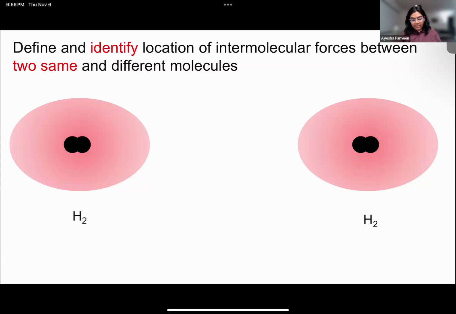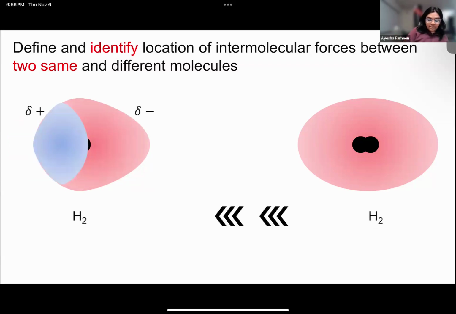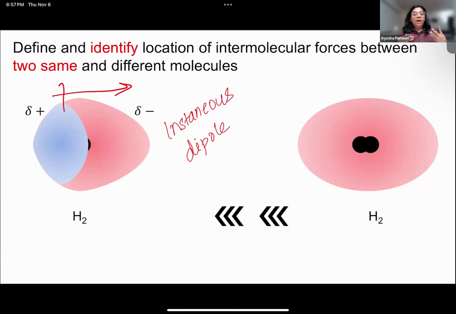And then there is an instantaneous dipole. And if you remember from our previous discussions about dipoles, there are parts of the molecule that densely pack those negative charges and result in partial negative,